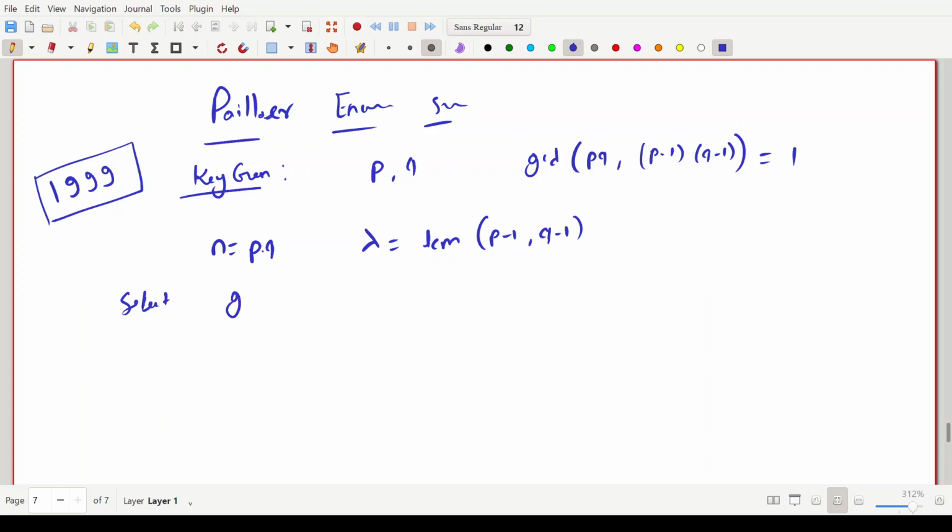Select a random number G, randomly selected from Z n square star, the multiplicative group over n square. Now here one thing you have to make sure: ensure that n divides the order of G. See, G belongs to Z n square star, correct? So ensure that n divides the order of g. How can you ensure it? Again easy, by checking